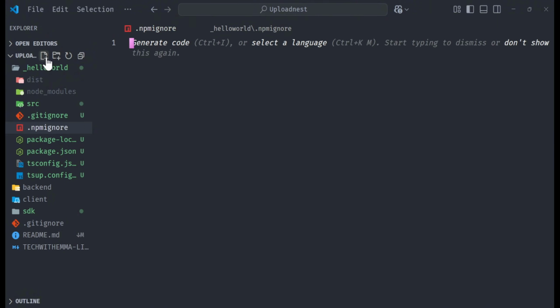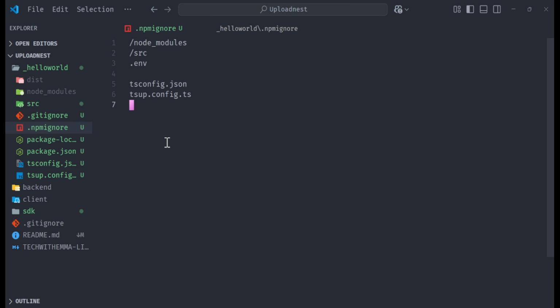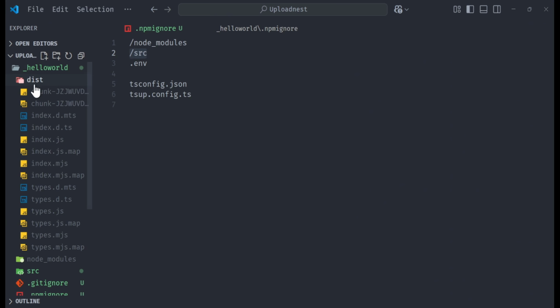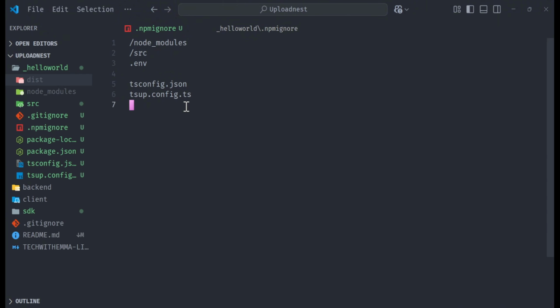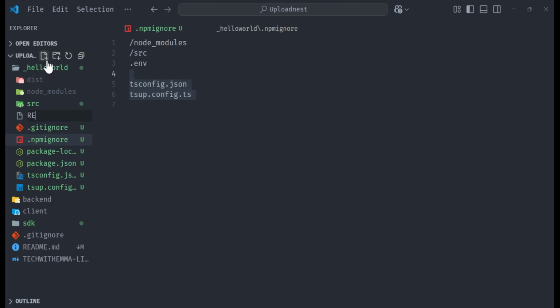ignore, and then inside the npm ignore, we are going to remove the node module, the src, and also the env. So I'm just going to paste it here. We don't want the src folder since we already have this here. Npm is just going to push this folder, and we're going to also remove this. We don't need this in the npm package. So this is just for dev dependency stuff. Yeah. And then the next thing we can add here, we can add the